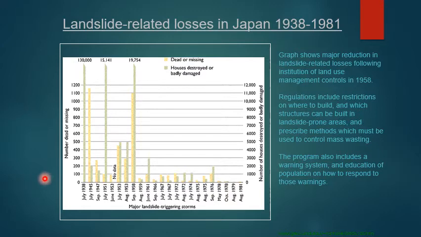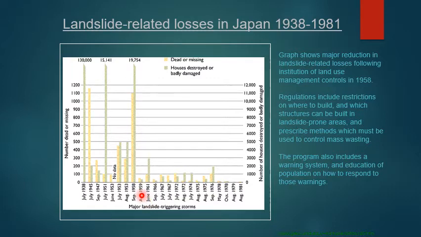This diagram shows the success of Japan in reducing the damage brought about by landslides. The data is from 1938 to 1981. If you look at the trend from 1938 to 1958, they incurred a lot of damages and casualties related to landslides. But by